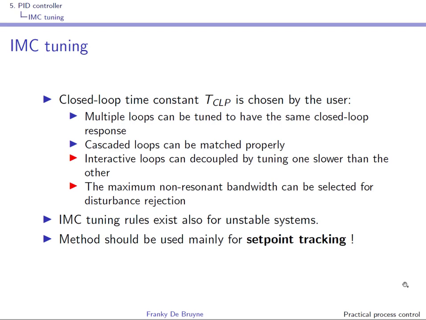Although this is not really relevant for the process industry, there are IMC tuning rules available for unstable systems. You'll have to look at the literature for this. By construction, the IMC tuning method has been designed for setpoint tracking. If you have a disturbance rejection problem, you'll have to take the PID tuning parameters and increase the controller gain